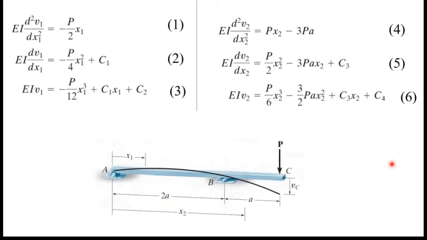So this is our diagram. At A we know deflection is 0. I can say when x1 is equal to 0, v1 is equal to 0, which means deflection is 0. That is the first boundary condition. And also I can write a boundary condition